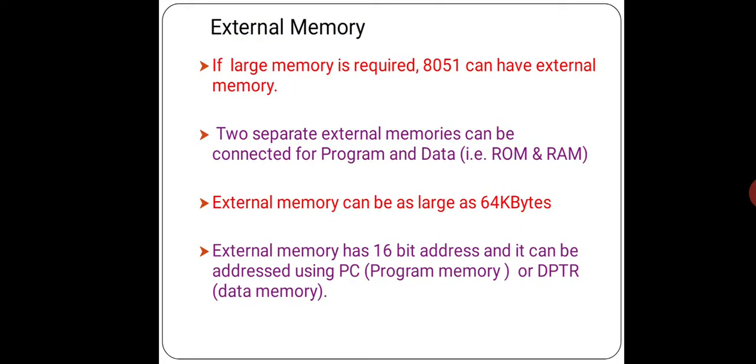How to interface with external memory for 8051. It may be ROM memory or RAM memory. How to do this connection? So when do we go for external memory? We go for external memory only when it is required, because already we have RAM as well as ROM memory. We have got data memory as well as program memory on chip, right? So still if we want more than this, if the present is not sufficient, we would require to go for external memory.